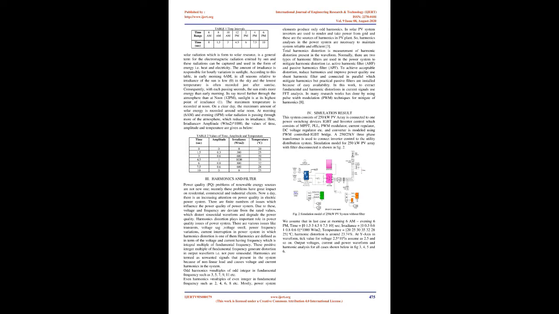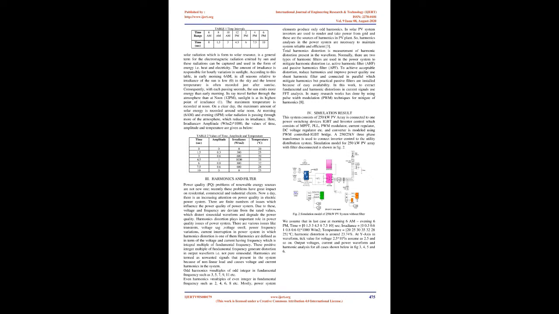Where V is diode voltage, Tc is cell temperature, K is Boltzmann constant, 1.38×10^-23 J/K, Q is electron charge, 1.602×10^-19 C, IL is light current, IO is saturation current, Rs is series resistance, RSH is shunt resistance, NS is number of PV cells connected in series. In this thesis work of PV array, we assume that daytime is from morning 6 am to evening 6 pm. For particular time interval, the value of amplitude and temperature is varied. Amplitude is just the irradiance multiplied by 1000. The values of time intervals are given as below.